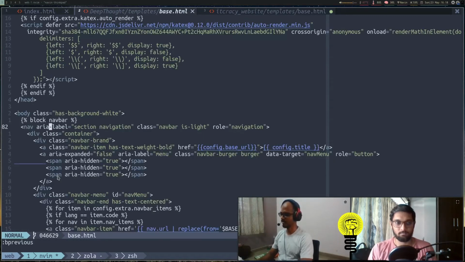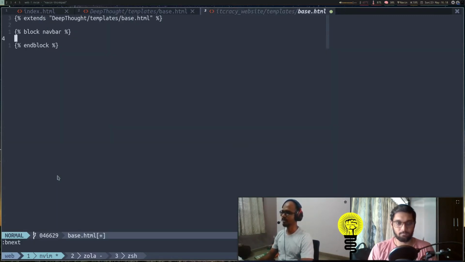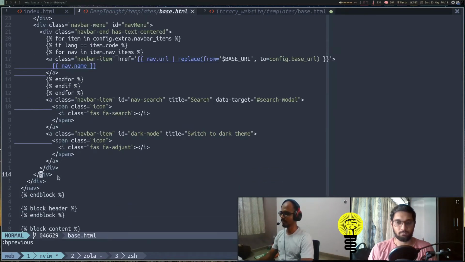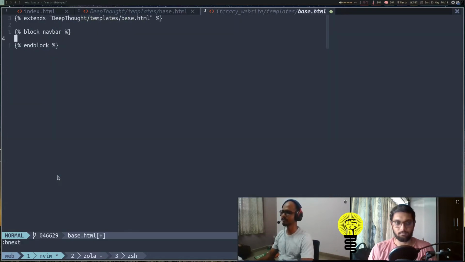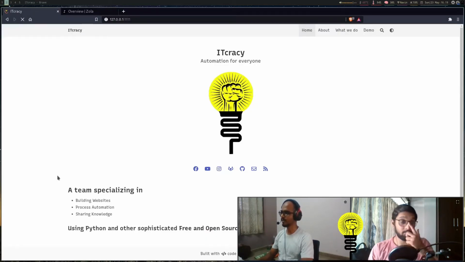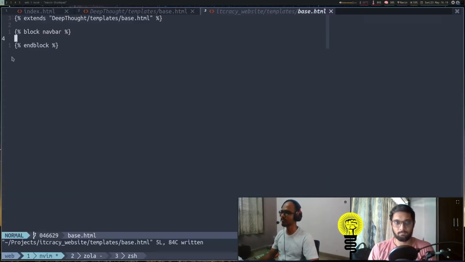So this part, basically, if I can move it to the top here. If I add something here, this nav tag or this part inside the block navbar and end block will be replaced. Suppose I leave it empty and save it. If we go back, you can see that the navbar is gone because we have overwritten the block with an empty string. We have nothing inside it. But we don't want to remove it. We want to have the same navbar, but we want to add the image.